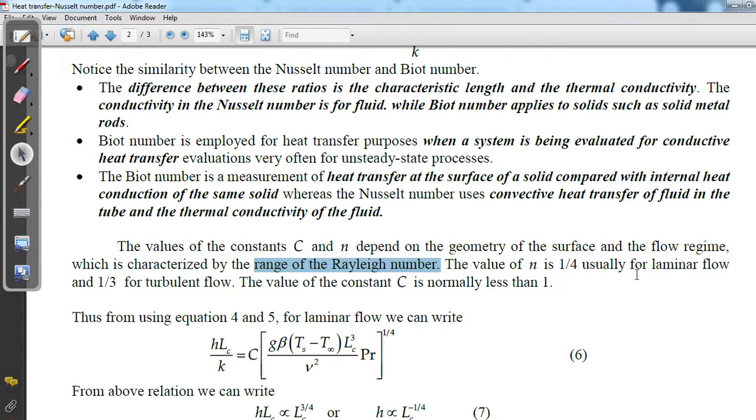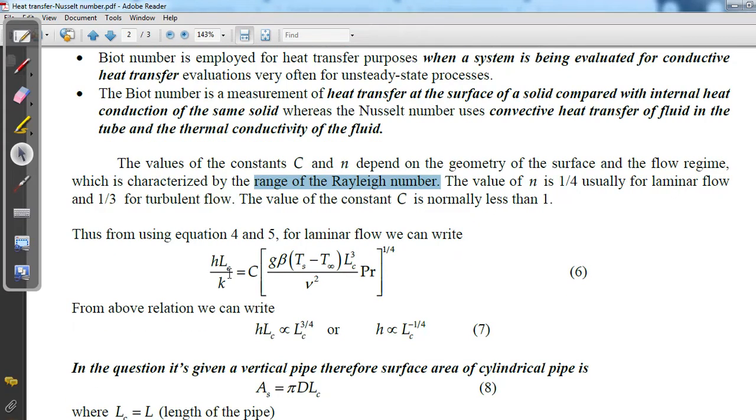So that is not important, because here in the question it is saying that you assume the flow as laminar flow. So n we will be taking as 1 by 4. This is the Nusselt number formula, that is h Lc by k equal to C times Grashof number into Prandtl number to the power n, and we would take n as 1 by 4. All these things are constant for this question, that is k, C, g, beta, Ts minus T infinity, nu and Prandtl number. So from this equation we see